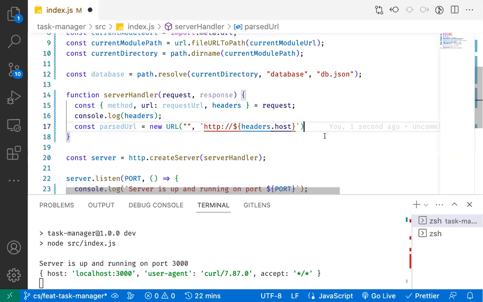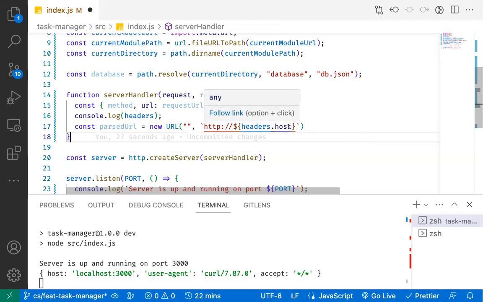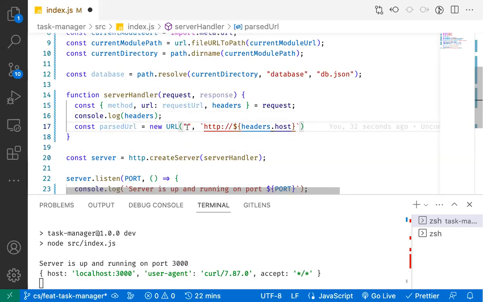So that is basically it. Instead of locally passing in localhost 3000, then going in production, then still passing our hosted domain, we just pass in headers host here. But then our URL here will be